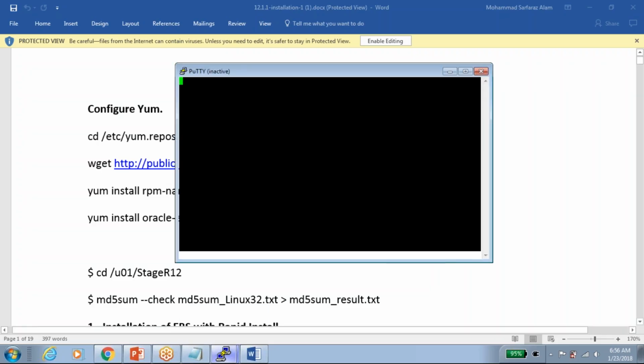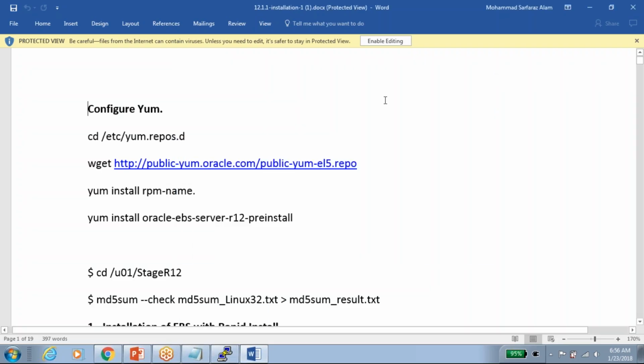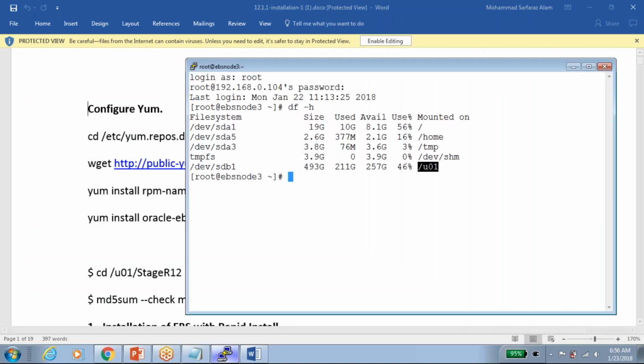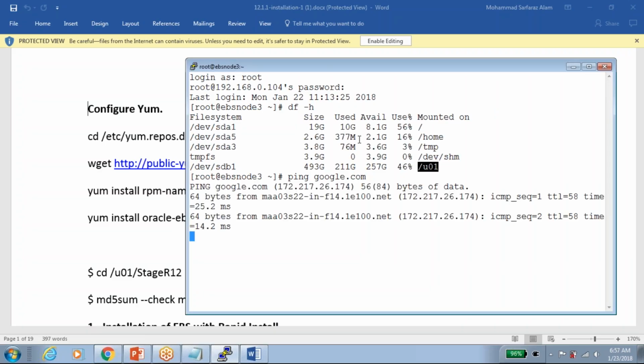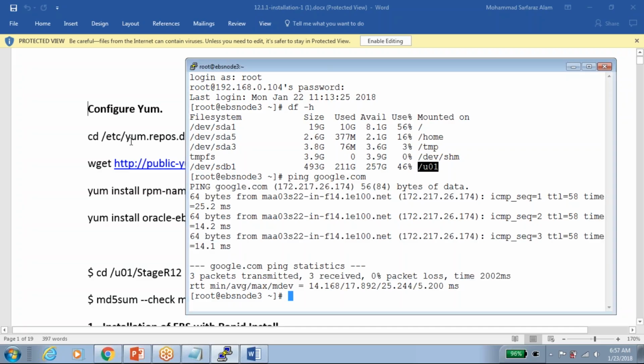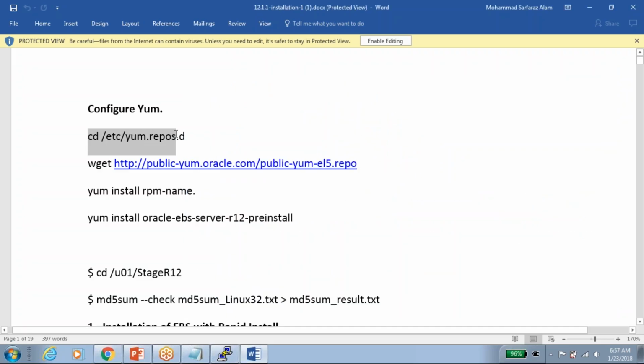Okay, so close this one. Let me ping Google. If I can access Google, it means I can access the internet. So how do we configure it? The command is very simple. Take this one